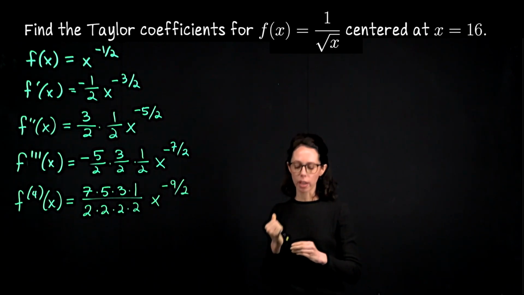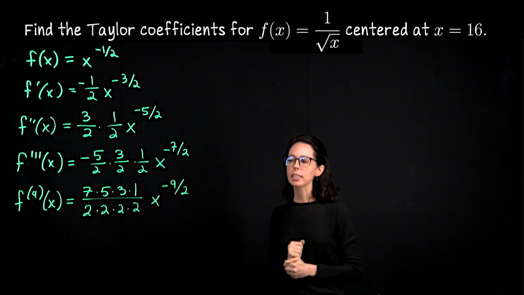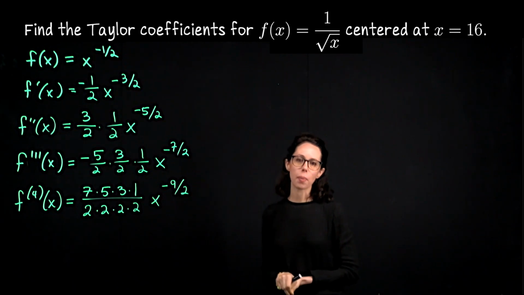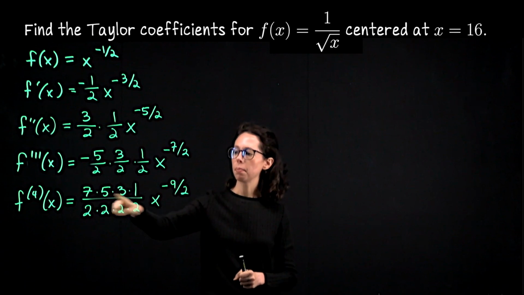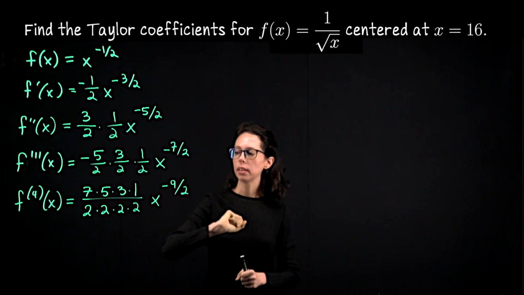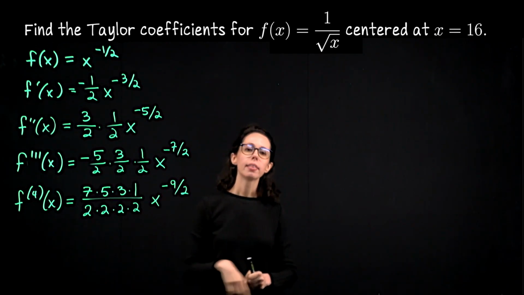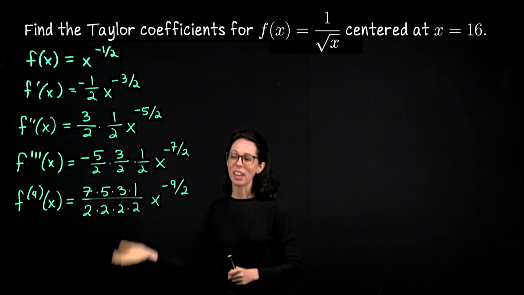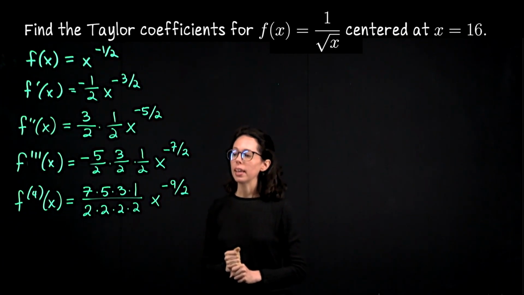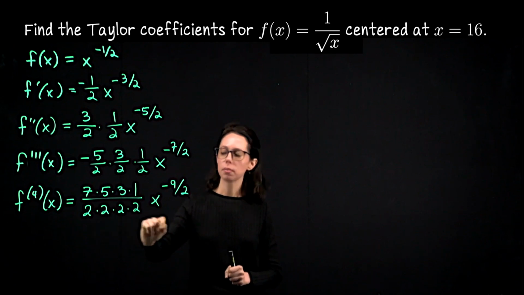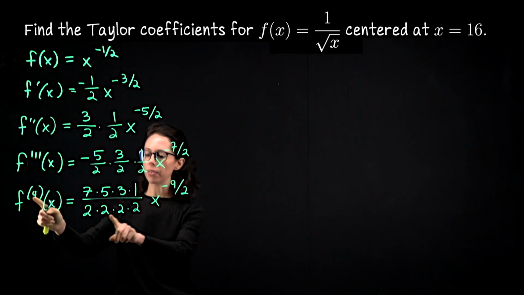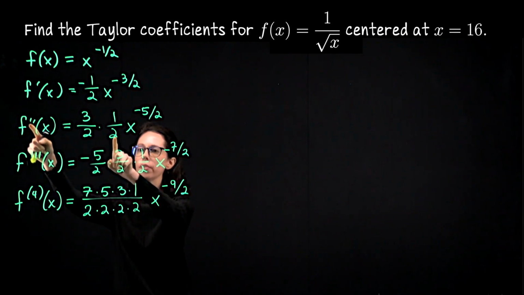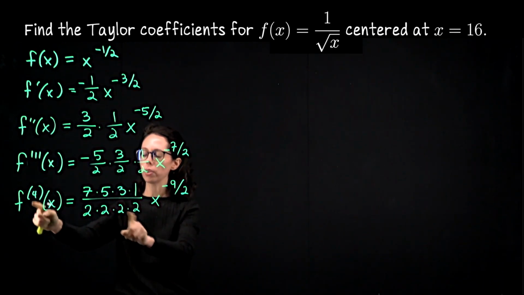Okay, I think I know what's going on at this point. It's just a question of translating ideas into mathematical expressions. What we have in the numerator is a product of odd integers. So 1, 3, 5, 7. The next one would be 1, 3, 5, 7, 9, right? In the denominator, we see just twos. Twos multiplied together. How many are there? Matches the order of the derivative, so that's great. So we've got second derivative, 2 twos. Third derivative, 3 twos. Fourth derivative, 4 twos.